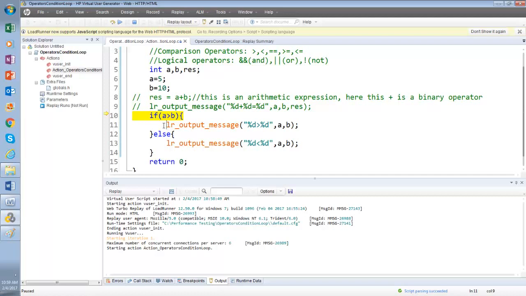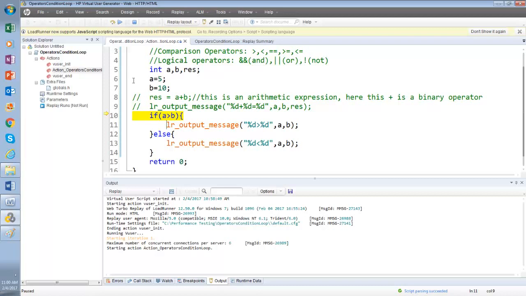It's going to execute. Fundamentally, A is greater than B, and if not, then what? A is less than B. Tell me the simple thing. Next line. Here A is 5, and is A greater than B true? No, it's false. What is the value of A? 5. What is the value of B? 10. Now 5 greater than 10, is it true? No. That means the statement A greater than B is false.